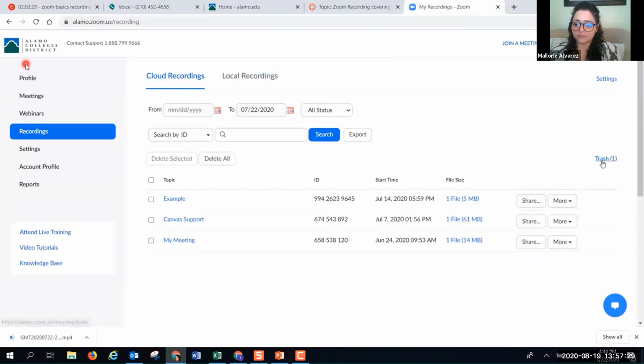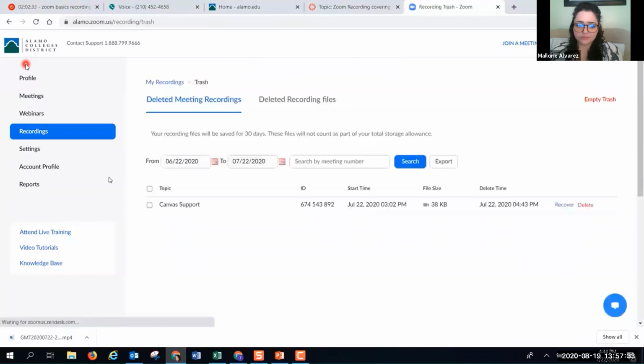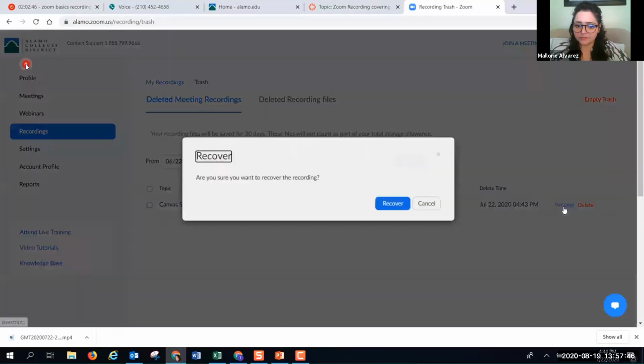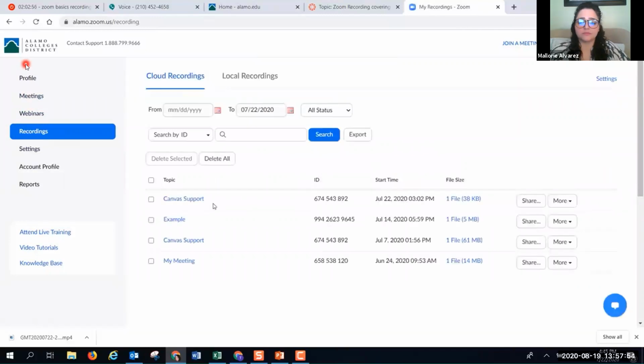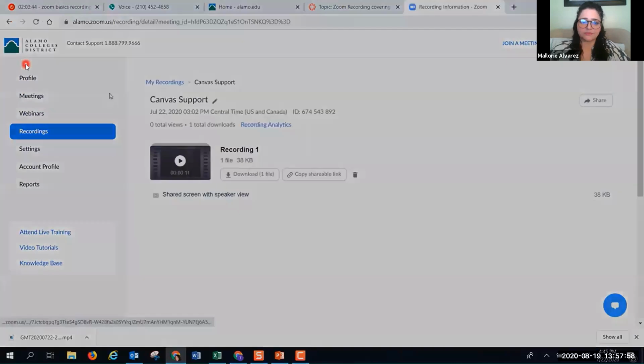Now, let's say you deleted the wrong Zoom recording. You can always click on this item right here labeled Trash, and when you do, you would see any recordings that you have deleted. If this was an accident, you didn't mean to delete this one, and you haven't had a chance to save it, you can simply select Recover. Then it'll prompt you with a follow-up question: yes, I want to recover it. And now when you click on your recordings, the recording that you accidentally put in the trash has been returned.